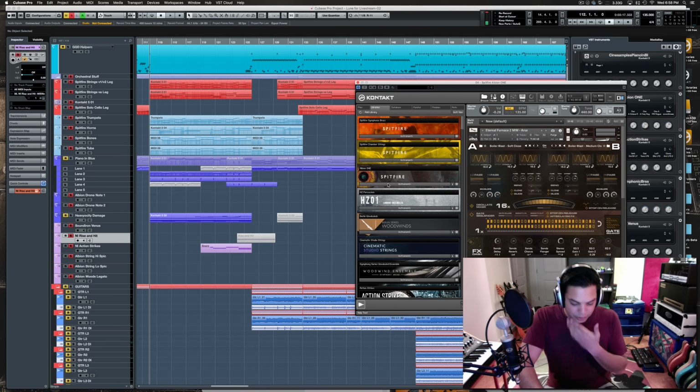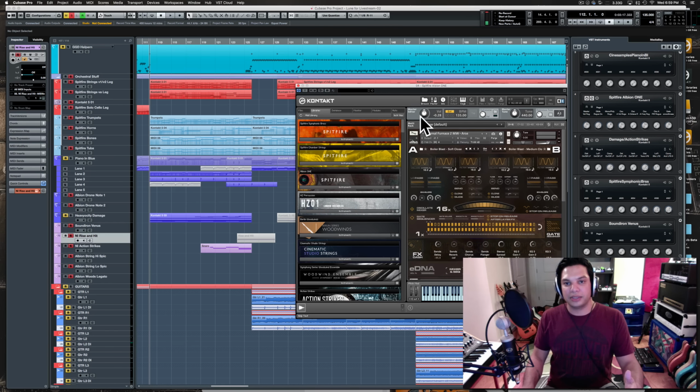Would it be worth upgrading from East West Colossus to Spitfire? I'm not familiar with Colossus. I actually don't have any East West stuff. East West is another company that makes stuff. They actually make really great stuff based off the samples I've heard, but it doesn't use Kontakt. Everything that I'm using, as you can see, is based out of Kontakt. The East West stuff uses their own proprietary engine called the Play engine, and I just have a lot of friends who've tried to use it with a Mac and they've had a lot of problems with it. So that's made me a bit apprehensive to go down that path.